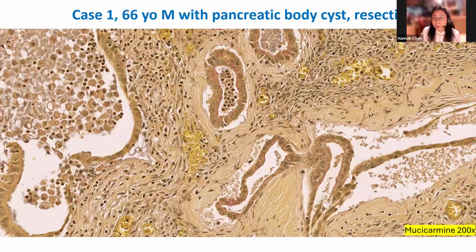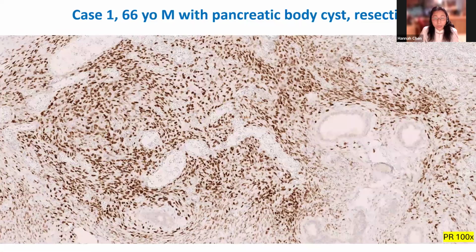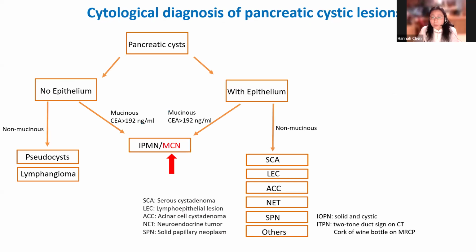So I performed mucicarmine again. Highlighted rare cells shows intracytoplasmic mucin. I also again performed ER and PR. Again, PR performed better than ER. The final diagnosis is mucinous cystic neoplasm, low grade. The original small biopsy diagnosis remains the same. So this case,